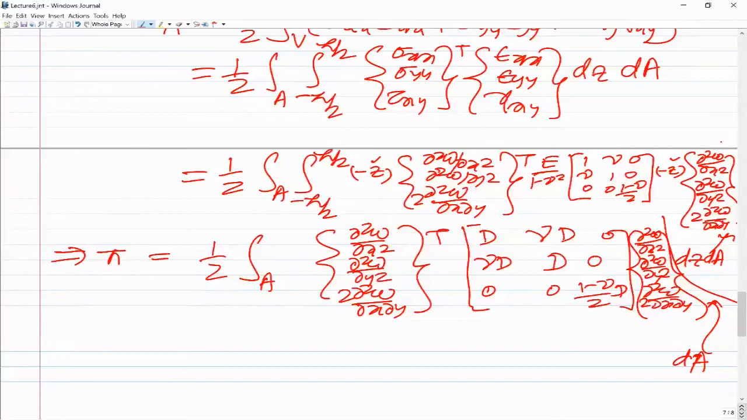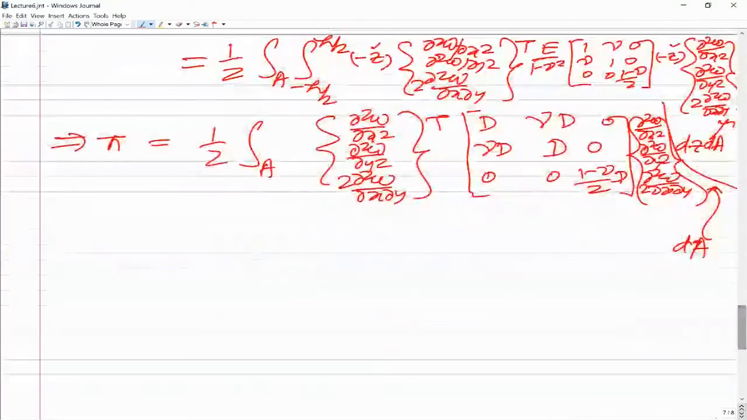So this is finally the expression for strain energy as you see over here. Then if we look at the expression for total potential energy functional, so now we can talk of total